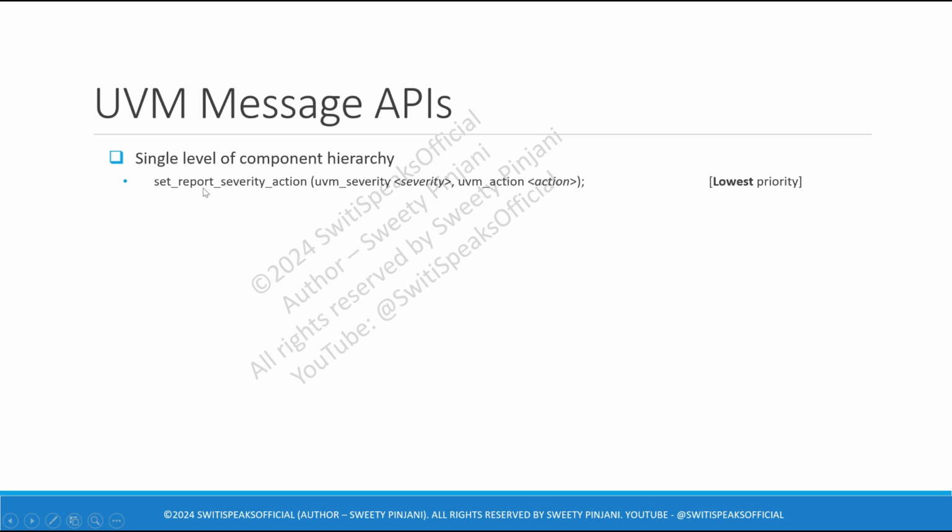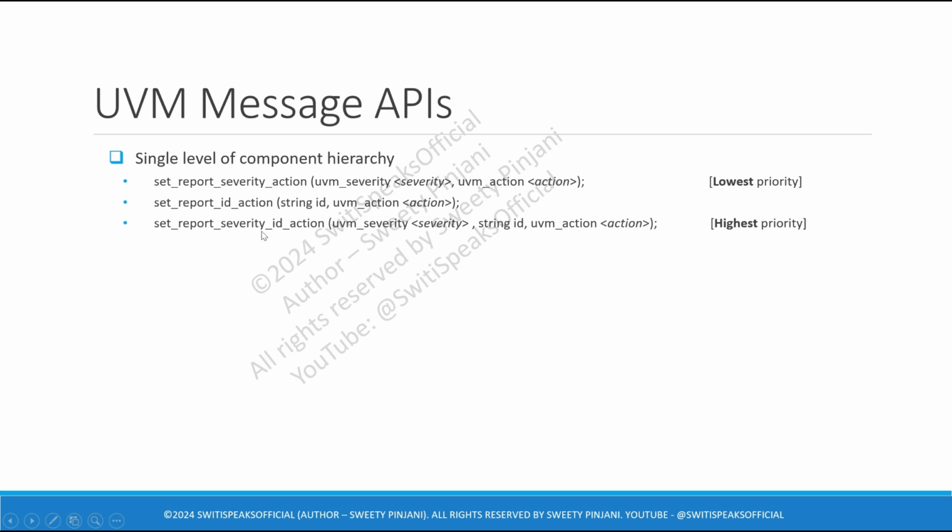Then you have set report severity action. This takes two arguments, one is severity and one is action. This has the lowest priority. Then you have set report ID action. It will take your ID and action.